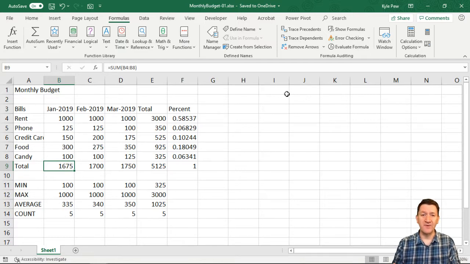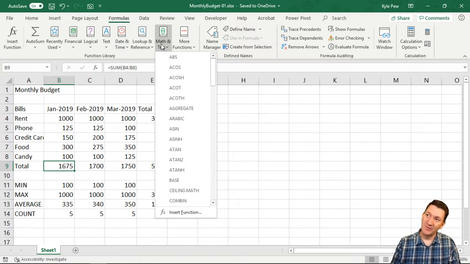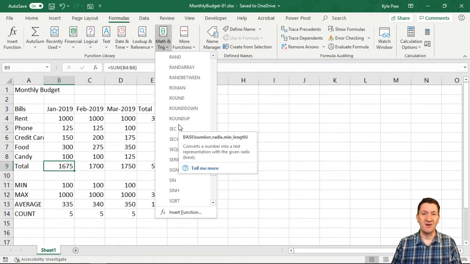Then we brought in the sum function that streamlined it, but we still went about it the long way. I went into a cell, I went to my formulas tab, I went into math and trig, and found the sum function. It brought up the arguments window, we filled it in, I hit OK. We went through 6, 7, 8 steps in order to get that sum completed. Well, that's great, and we learned some key aspects along the way, but I want to streamline it even more.